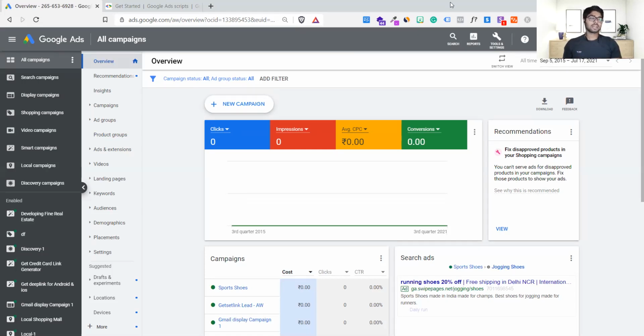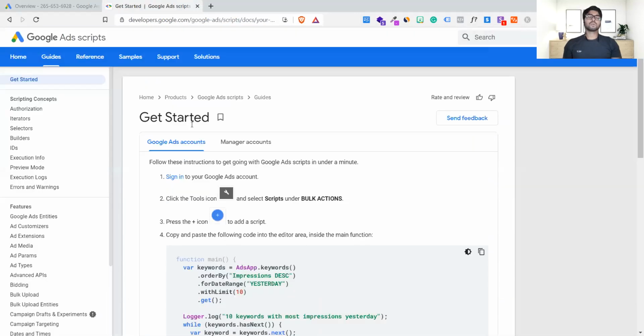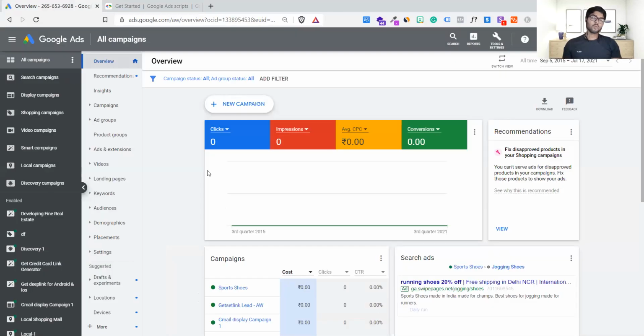When we go to clients, we don't have to say, oh sir, you require a Google Ads script and all. No, it's not required. They don't even understand what you are talking about. So it's better to just tell them that you want leads. Okay, I'll help you. You are a wedding photographer, that's fine.